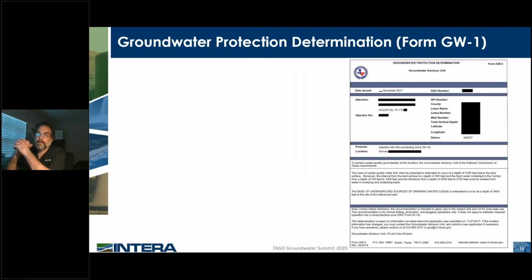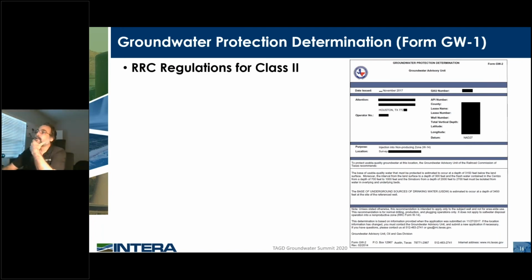Along with the Railroad Commission, with the Class II applications, the Railroad Commission will require that the applicant get something called a groundwater protection determination letter from a group called the Groundwater Advisory Unit. So what the